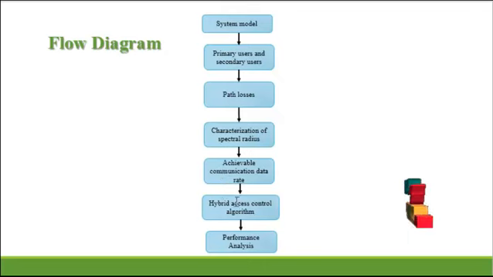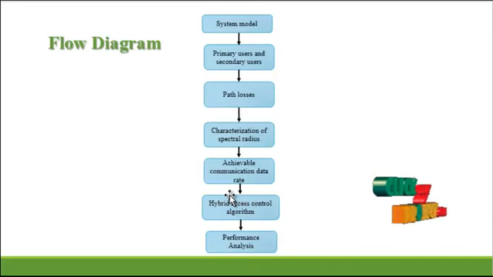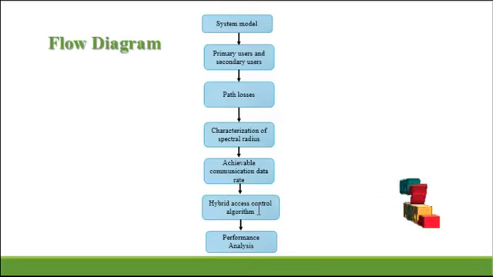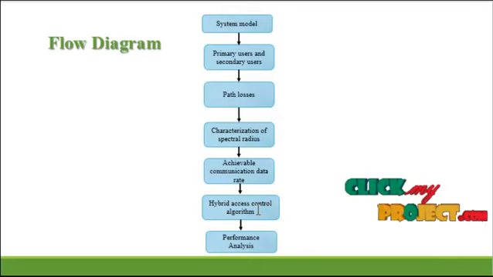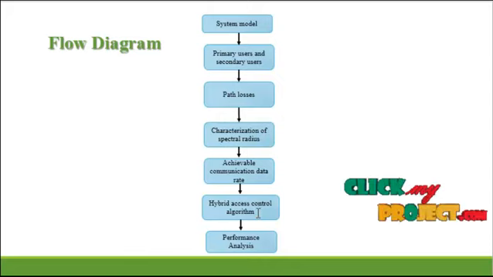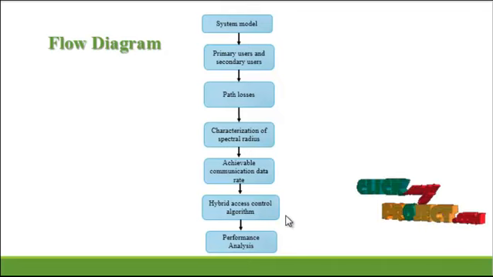Next we move on to the hybrid access control algorithm. A hybrid algorithm means we connect two or more algorithms, and we implement it as this block. This block uses the control parameters for our cognitive radio networks. This algorithm is a very important step of our process, and it delivers very precise energy efficient output. The first algorithm is implemented for the energy efficiency constraint. In the next algorithm, we segregate the different parameters and import them for the energy efficiency of our cognitive radio networks.